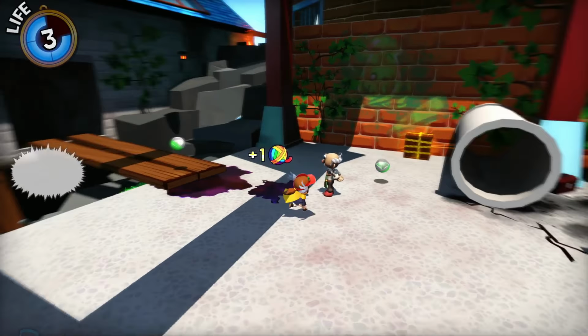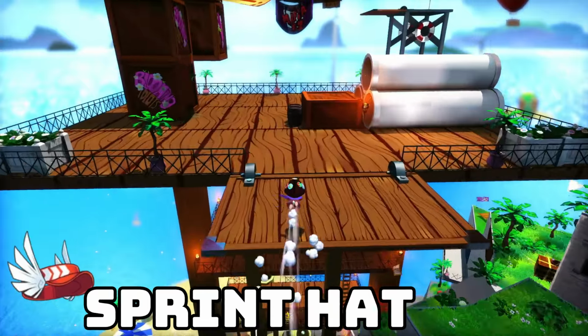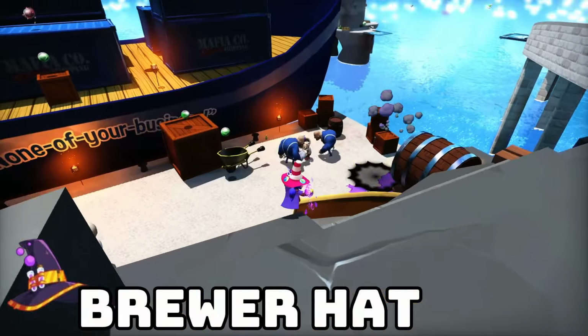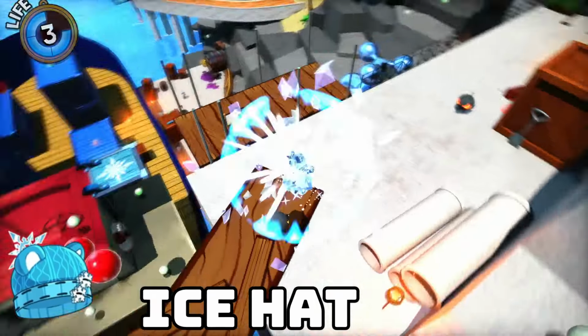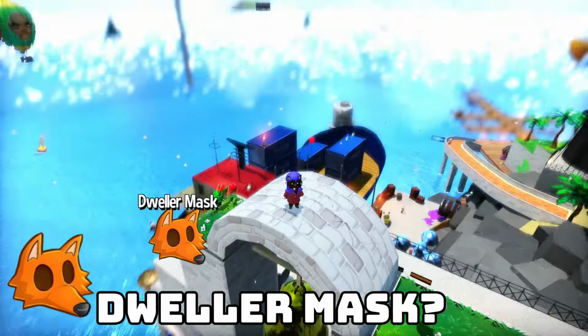There are several hats to unlock across your Hat in Time journey. The Sprint Hat allows you to sprint, which increases your speed and jump height. The Brewing Hat allows Hat Kid to partake in chemical warfare. The Ice Hat allows Hat Kid to freeze and plummet to the ground, causing enemies in the vicinity to be pushed back. The Dweller Mask allows you to...